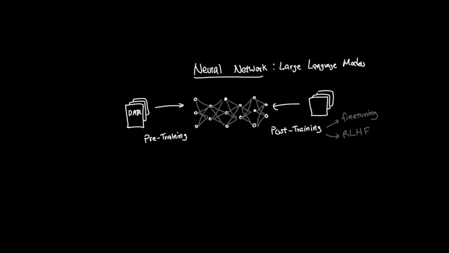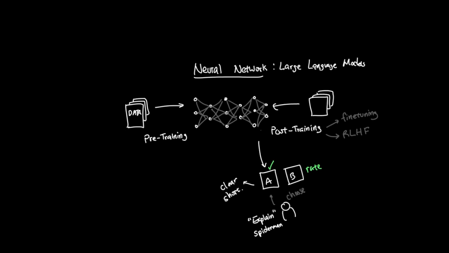One famous method is called RLHF, which stands for Reinforcement Learning from Human Feedback. The idea is that humans compare different model responses and signal which ones are better. The model can then train to prefer answers that people rate more highly. So if the user asks, "Explain why Superman is always broke," and the model gives two possible answers, the human might prefer the one that is clearer, shorter, and easier to understand. And that feedback helps train the model toward responses people actually find useful.